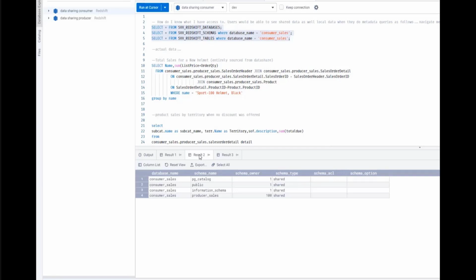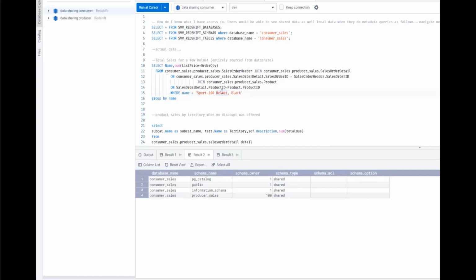So the schemas that are part of the data share. So here there are a few schemas in the consumer sales database. And you can also see the different tables that are there in the data share. So essentially you can explore shared data just like local data from the BI and analytics as well as query